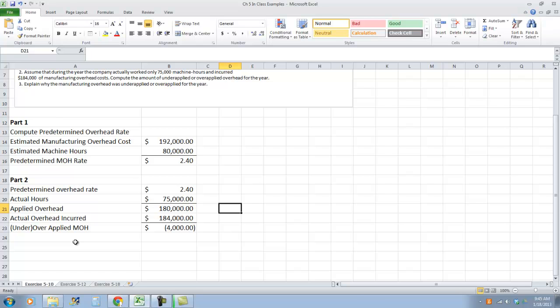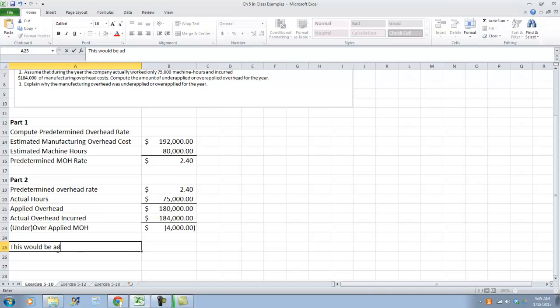So when overhead is underapplied, that means that we actually did not add enough cost to cost of goods sold. So therefore, we would have to add more money. So this would be adjusted by increasing manufacturing overhead by 4,000, which increases cost of goods sold by 4,000 and decreases